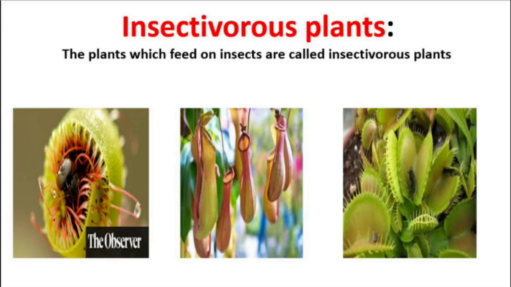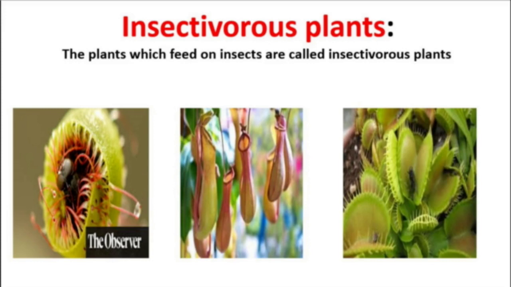Now the second type of insectivorous plant, that is Venus flytrap. In a Venus flytrap, each leaf consists of two lobes. You can see in the picture, these are the two lobes. The inner surface has short, stiff hair and is reddish in color to attract the insect. The moment an insect touches the hair, the lobes mesh up together to trap it.